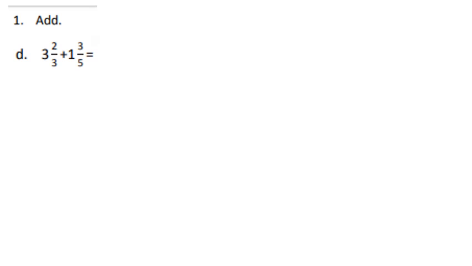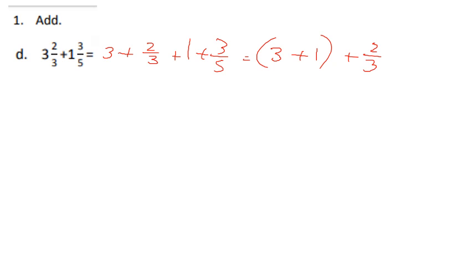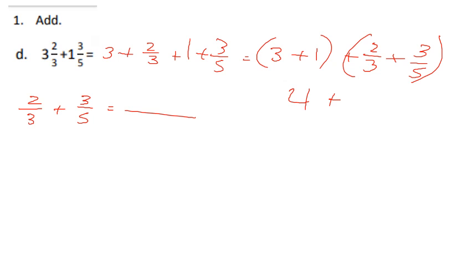Under C, we have 3 plus 2/3 plus 1 plus 3/5, which when we change it around is 3 plus 1 plus 2/3 plus 3/5. Now we know 3 plus 1 is 4. Now we're going to add our fractions, 2/3 plus 3/5. We've done this once before, and we know that 3 times 5 is going to be our common multiple. And then we're going 2 times 5